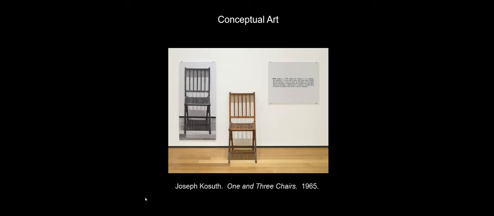All right. So, in case you're getting a little bit frustrated with the art world and how silly it's become, buckle your seatbelts. Now we're getting into the 60s and the 70s. This first guy, don't worry about writing him down, but I love to show this work of art and gauge students' responses. This is One and Three Chairs by Joseph Kosuth.